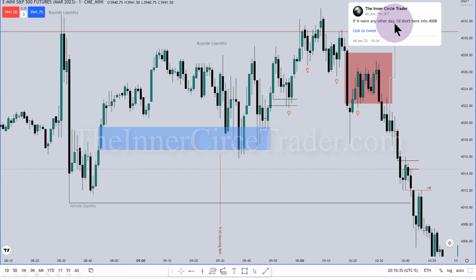It's showing when you drop it on the Twitter. So if you copy any of my tweets, right mouse button on the chart anywhere, and then paste the link to any one of my tweets or someone else's tweets, it'll drop it right to where the tweet was made. So this candle here is 10:34 New York local time. But I was typing it out here as it was trading up into this